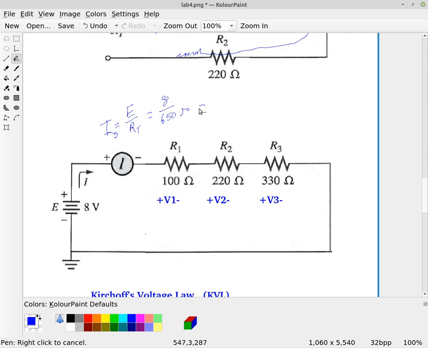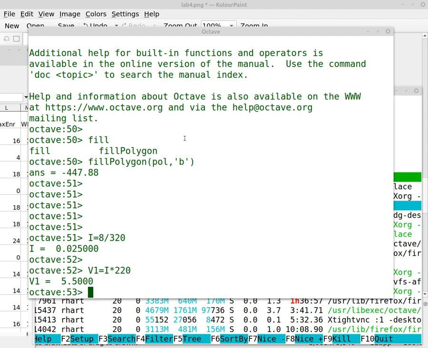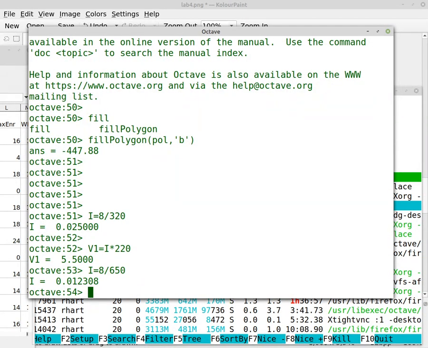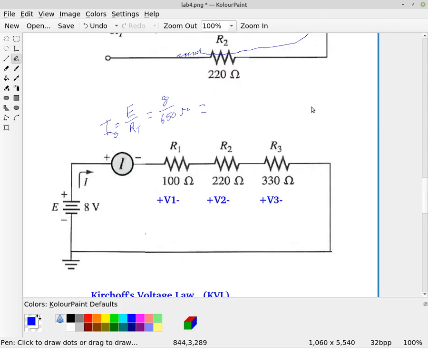Flip back over to my calculator. So now I have I equals 8 volts divided by 650. And so our current now is 12.3 milliamps. So again, the current is 12.308. So let's write that all down. It's 12.308